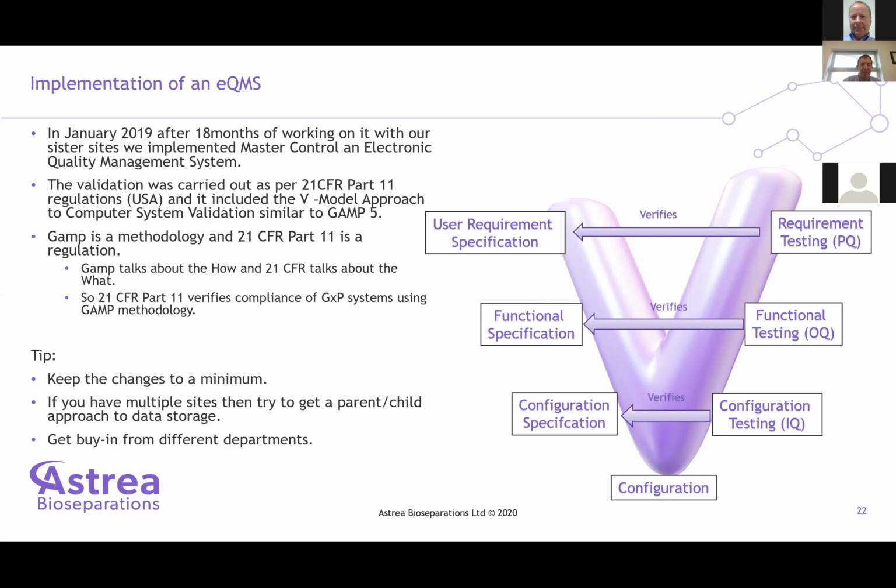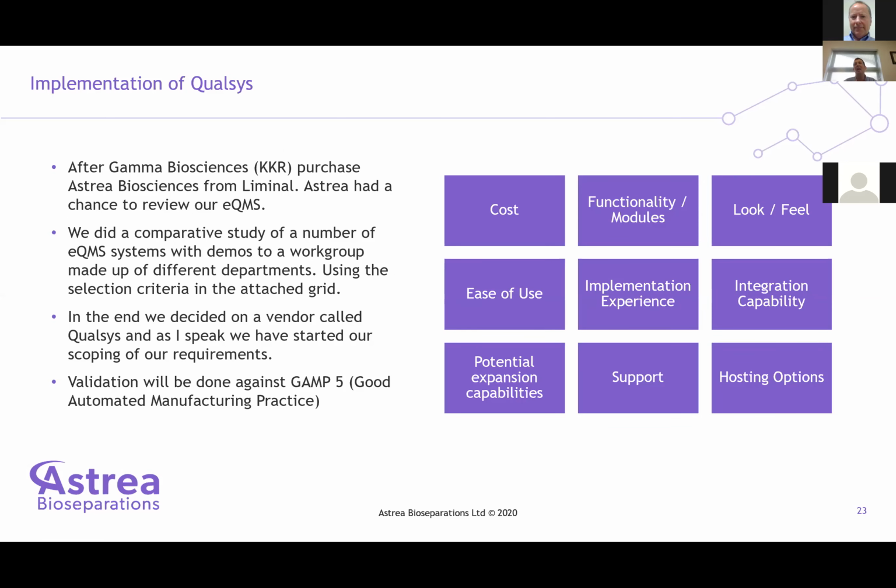And talking about keeping changes to the minimum, it's very important from a GAMP 5 perspective that you keep the changes to a minimum when you're doing a new electronic quality management system. The reason behind that is that you've got a number of different categories within GAMP. GAMP category 3 is off-the-shelf. Category 4 is a configured EQMS system, and category 5 is where you're designing a system itself. You don't want to really, the amount of work and the amount of effort required once you start to move into designing a system,